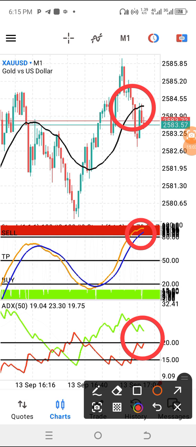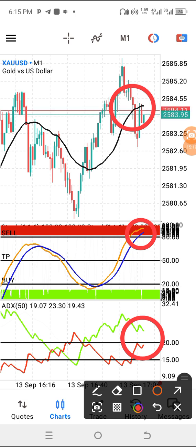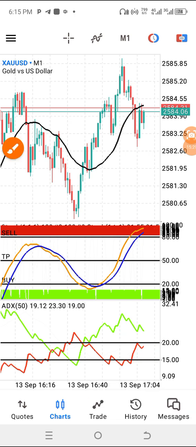We want to see the positive ADX below level 20, while the negative ADX, which is the red one, is above level 20. So if this aligns with what is happening on the main chart, then we would have opened or taken a sell entry. That means we would have opened a position for what? Sell.